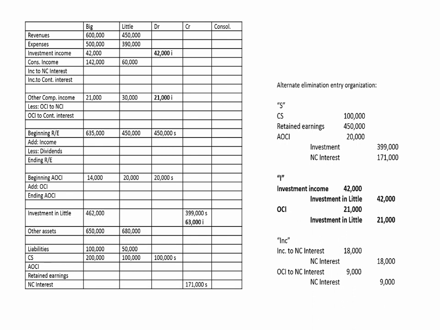The I entries, again, this is what's new to us a little bit. We're eliminating both the investment income up in the regular income statement, and we're also eliminating BIG's other comprehensive income in the statement of other comprehensive income. And for the sake of conserving space in the worksheet, I simply netted together those two credits to the investment in Little. So a credit to the investment in Little for